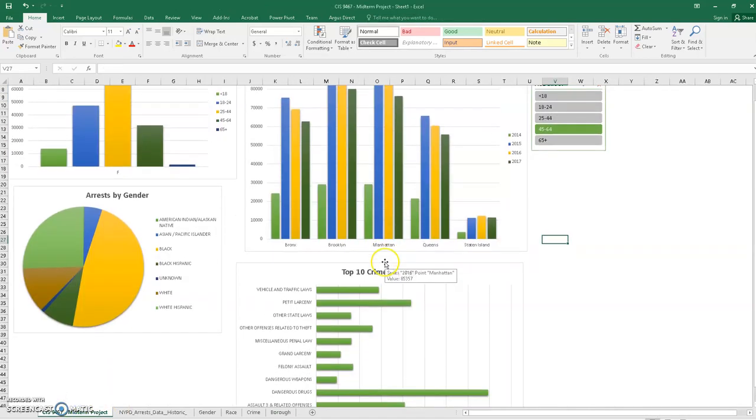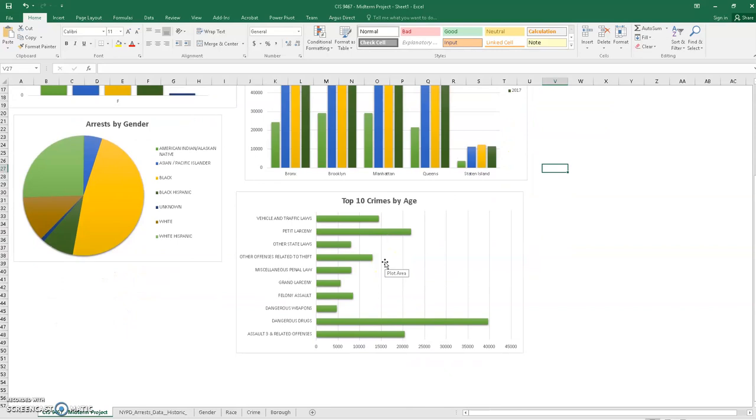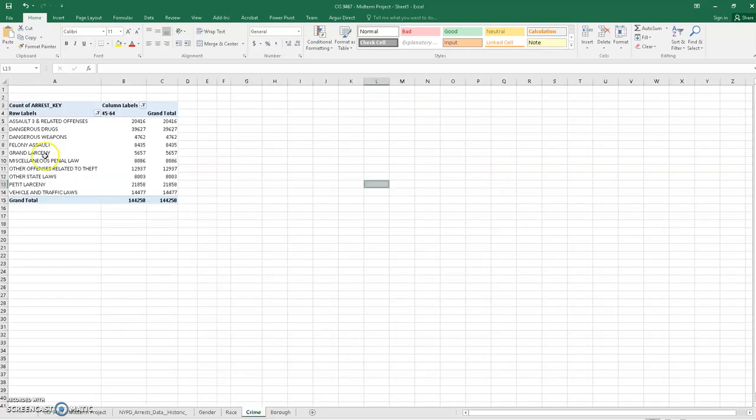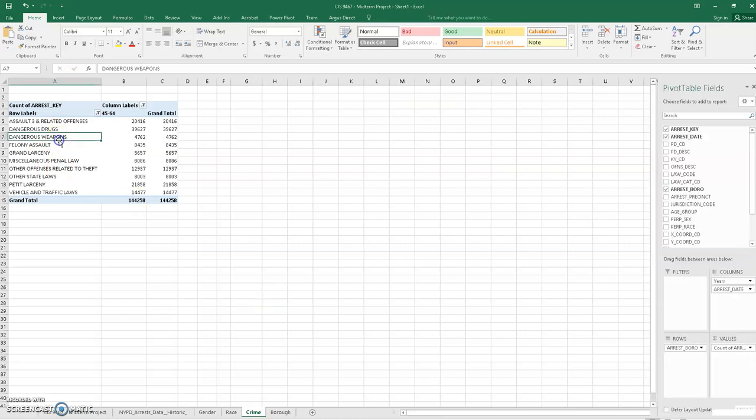And for the last chart, I wanted to separate the crimes by the type of crime. So the way I did that was, if we go into the crime tab, for the rows, I put the offense description, and for the columns, I